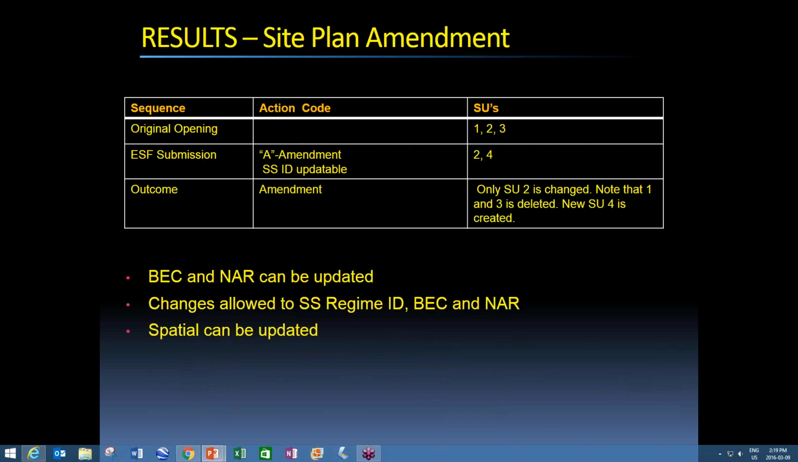So it's really important when you're doing your ESF submissions, you know what you're doing and you make sure the data is set up correctly. I can't emphasize enough, there is no undos. When you submit that document and if it's accepted, in some of the cases, if you're doing